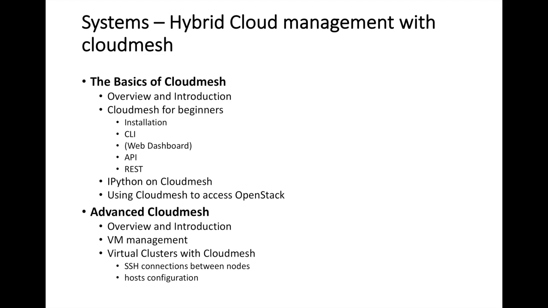We will be therefore using also a hybrid cloud management with Cloud Mesh, and this allows you to start virtual machines easily on any one of the 3 clouds that we operate. It's also possible to integrate Amazon and Azure in Cloud Mesh, so you could be using this to start up virtual clusters. Your mileage may vary. While we have done a lot of support in OpenStack, we have somewhat a lesser support in Amazon and Azure.